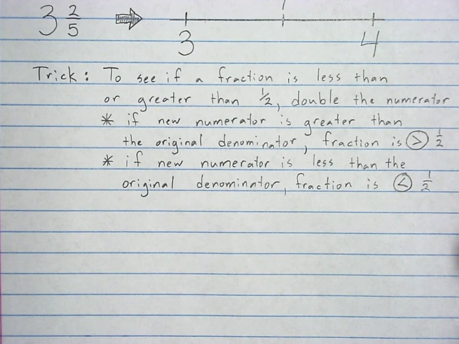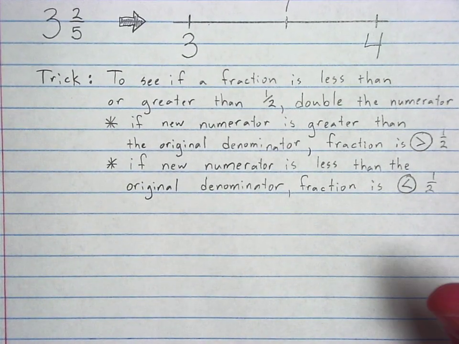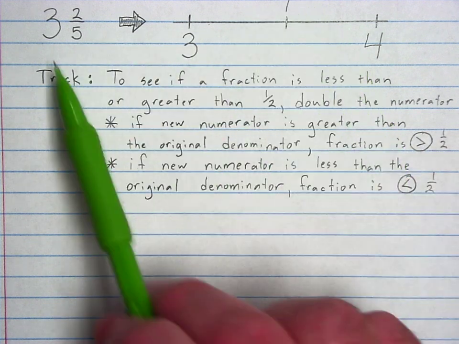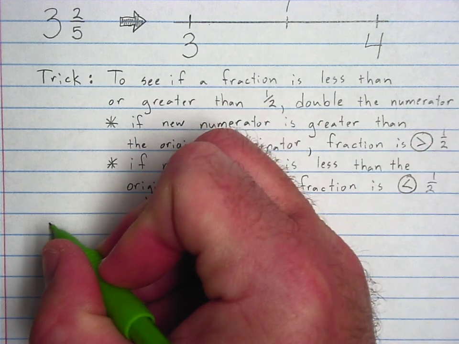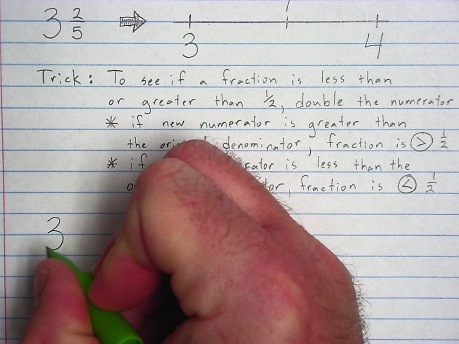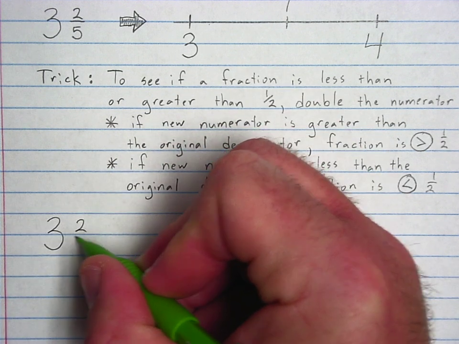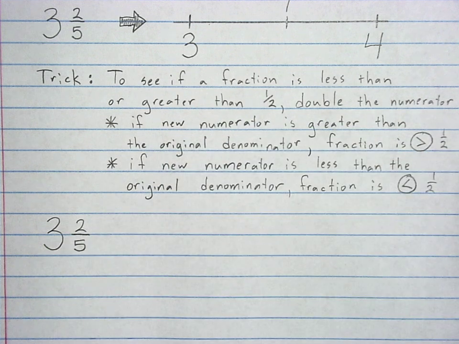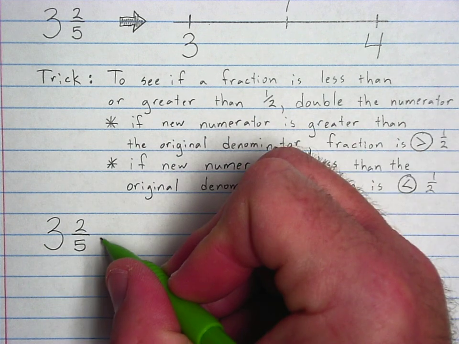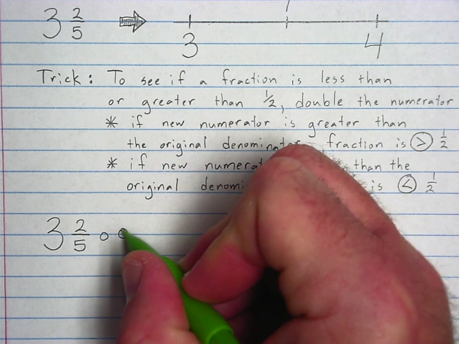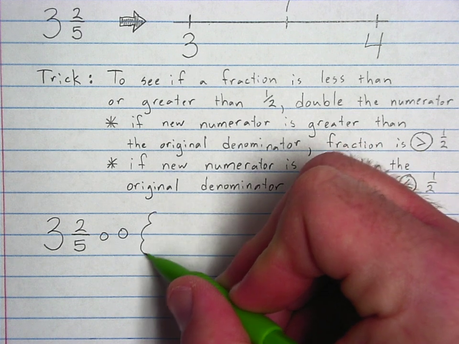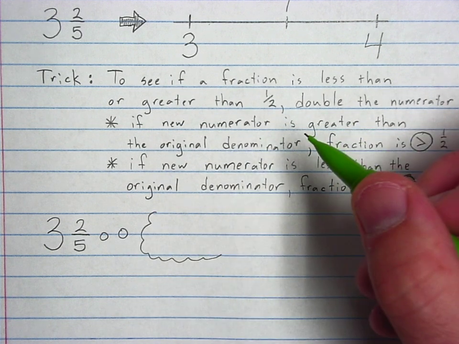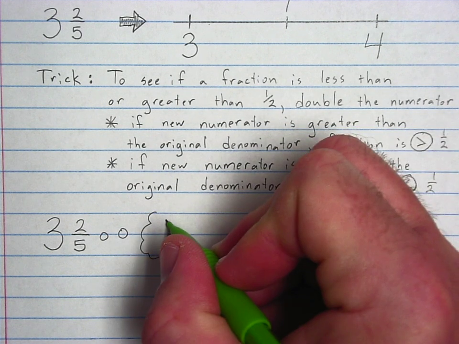Now, I understand. Right now, that's probably a lot of words. Doesn't make a ton of sense. So let's go back to the original problem I gave you, 3 2/5. And let's take a look at it. Now, you notice I keep saying fraction, fraction, fraction. I'm not worried about the whole number part. All I'm going to do is take a look at the fraction, and I'm going to think to myself, okay,